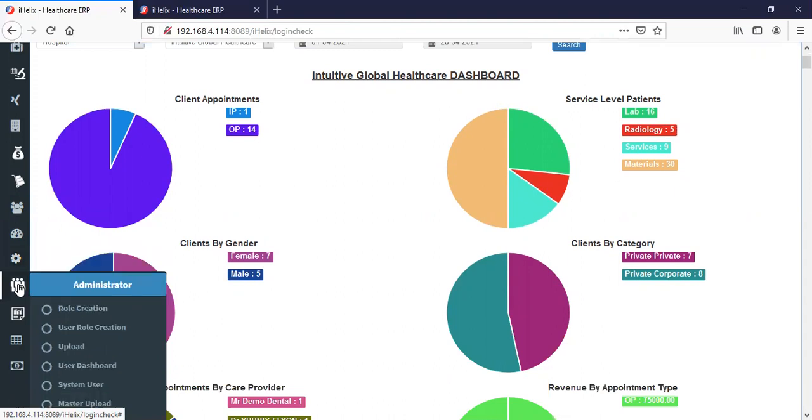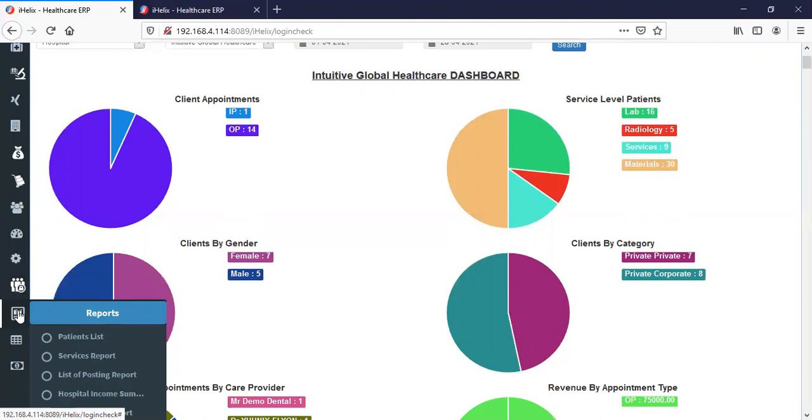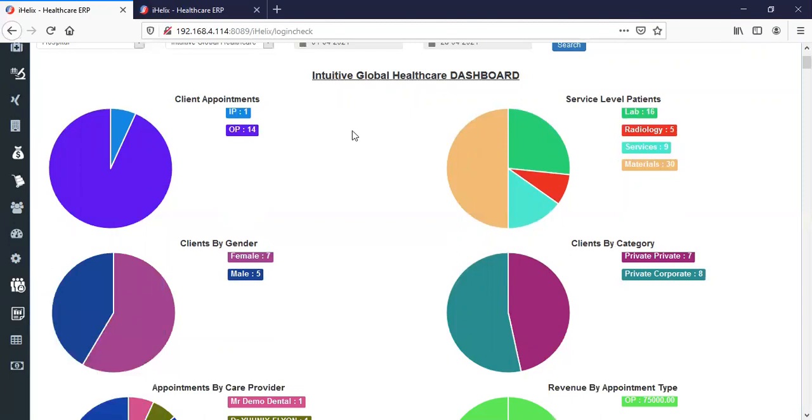Then the admin, where you upload your documents, do your master upload, upload your pharmacy, the list of stock you have in your pharmacy, your drugs and laboratory and the rest of it. Then this is where you generate your reports and the rest of it. So on this front page, which is the Intuitive Global Healthcare Dashboard,